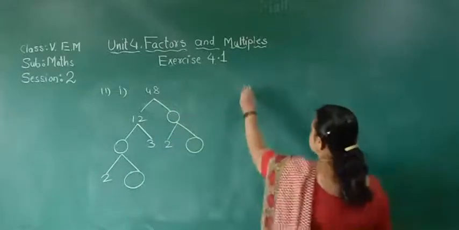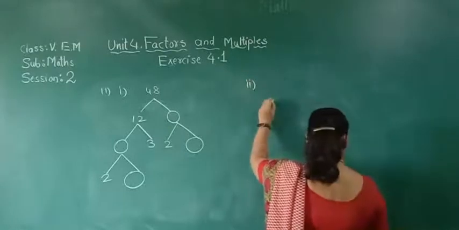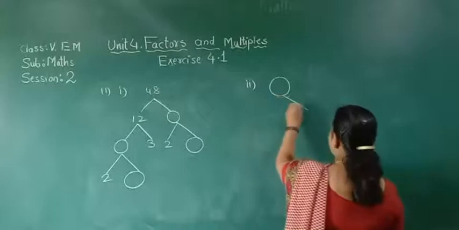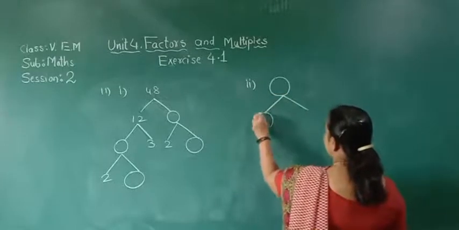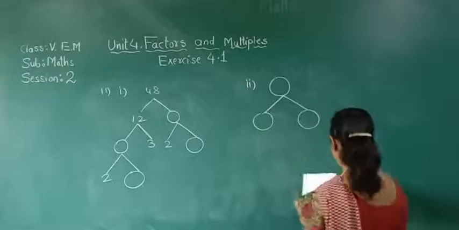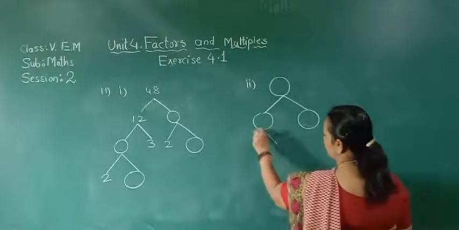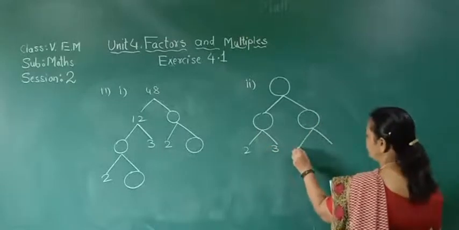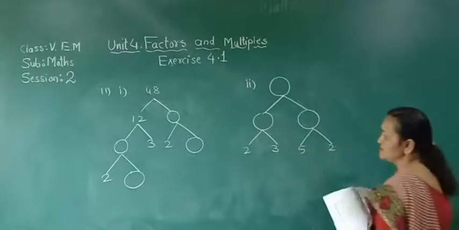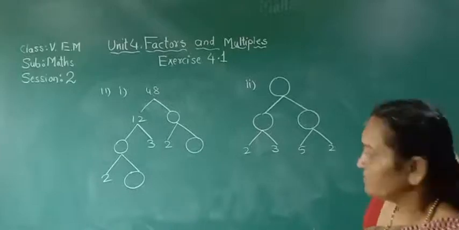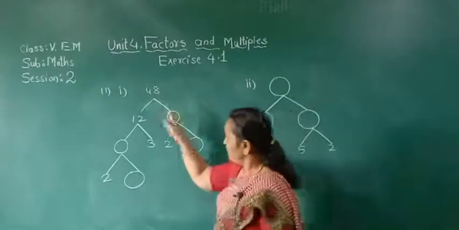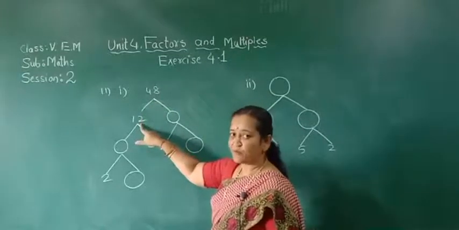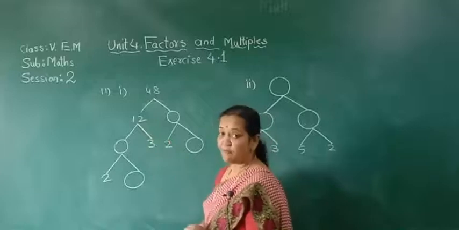Then second one is, here itself is one blank. Then two different numbers are given where numbers are missing. Then here down, this is 2, here is 3, and here it is 5 and here is 2. So let me fill up the blanks. Now here, 48 in the 12 table, where we find 12 1s are 12, 12 2s are 24, 12 3s are 36 and 12 4s are 48, isn't it?